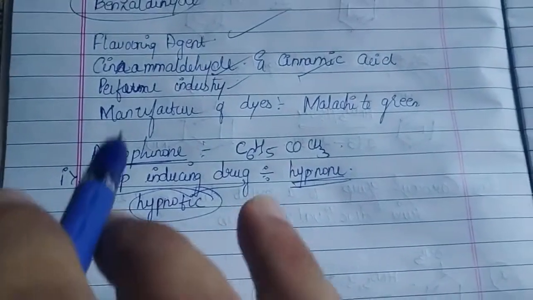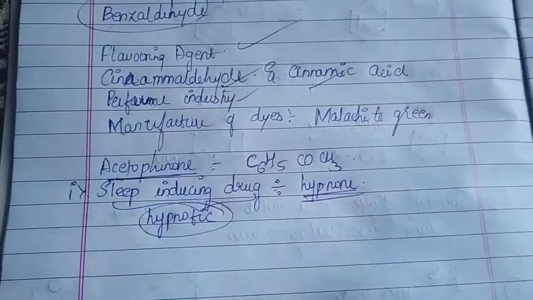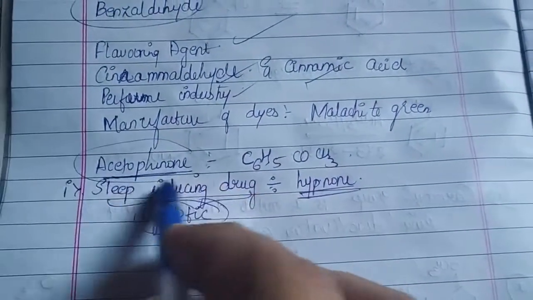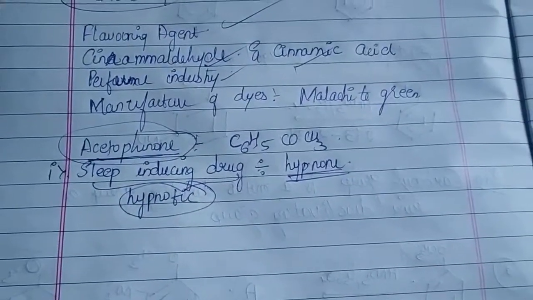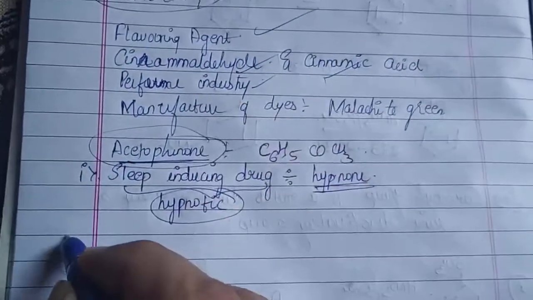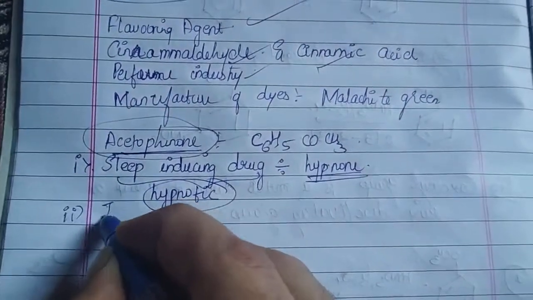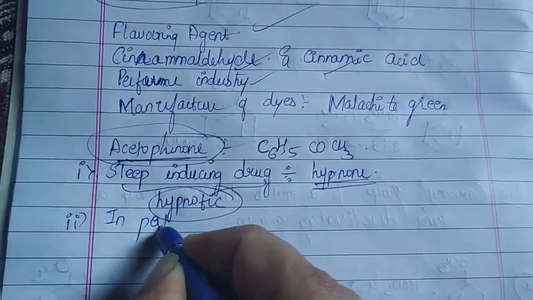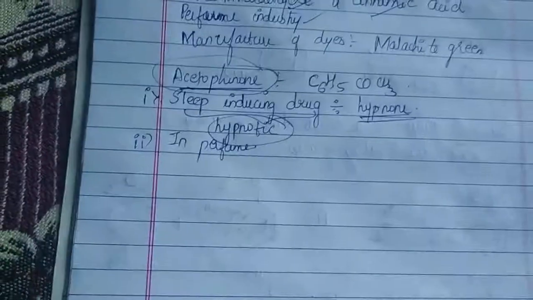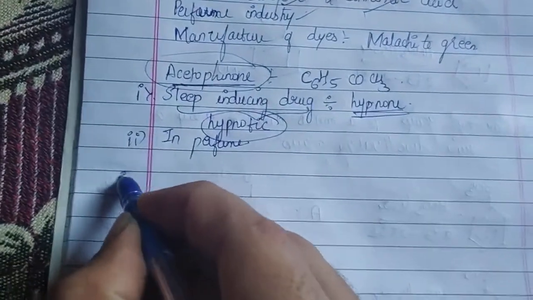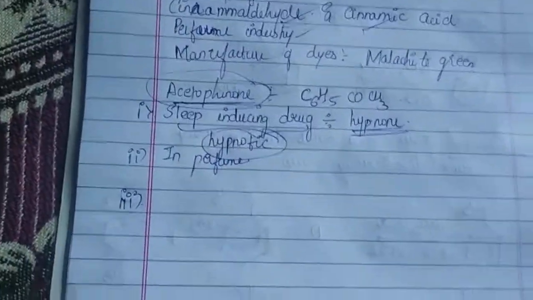Hypnone. So to manufacture this drug, we will be using the major reactant as acetophenone. And as usual in the perfume industry, this acetophenone will be used. But a major important thing I would like to recall, one of my interesting facts about acetophenone is, of